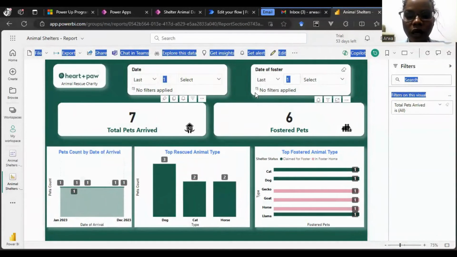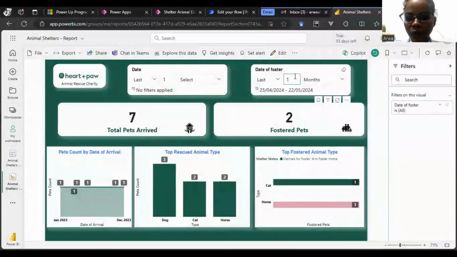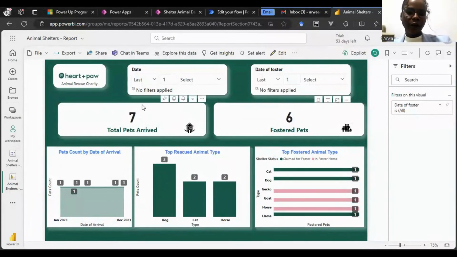I want to check. I have 2 filters: one for fosters pets and one for arrived pets. In the filter for foster pets, the requirement says last 3 months. Okay, we have in last 3 months. We can see we don't have data in last 3 months. Sorry, we have 2 animals in last 3 months. Clear the filters, and then in arrived